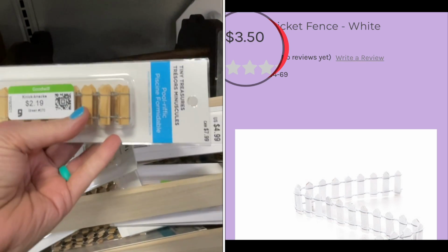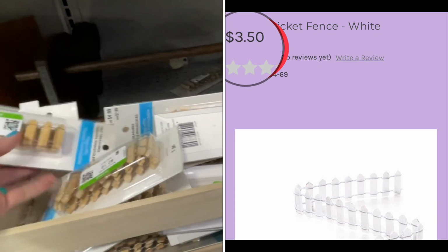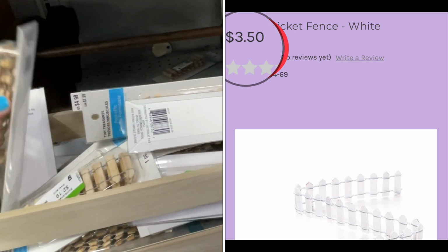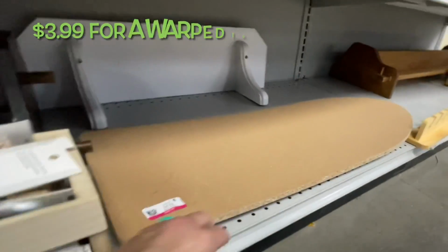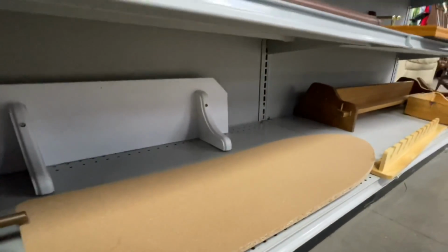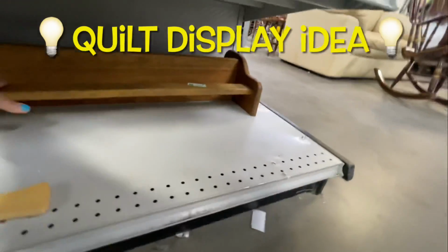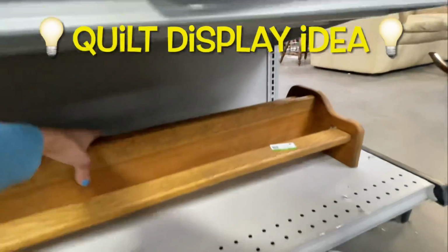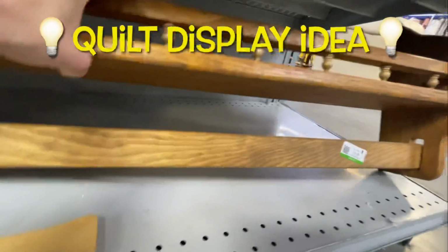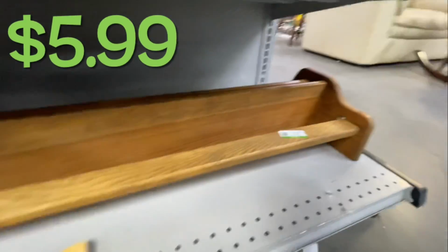For all you crafters out here, here's some picket fences for $2.19, and online they want $3.50 each. I don't think anybody's buying this warped ironing board for $3.99. Here's another quilt display idea for all my quilters out there, or anyone who likes to collect quilts. These are solid oak in here, and for $5.99,